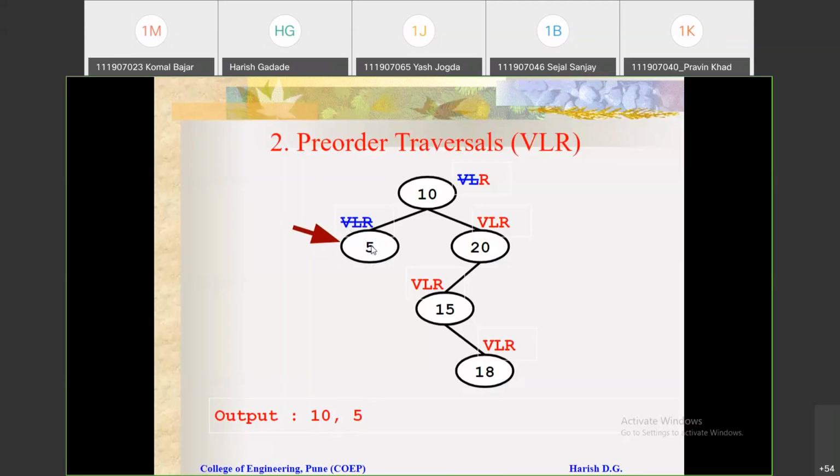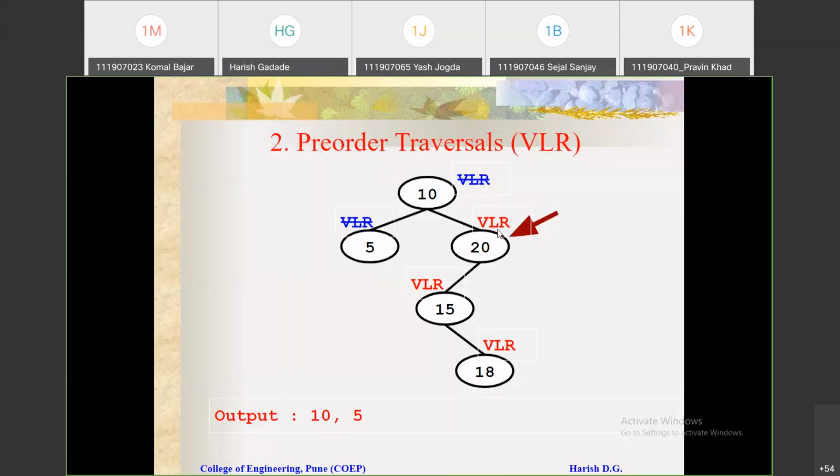Now, after completing these 3 steps, the pointer will go back to the previous node. The previous node is 10 here. You can see the pointer is at this 10. Now at 10, we have completed these two steps, so only one step is pending. Complete that step also. So move towards right, and the pointer will come to this 20. You can see here, completed these 3 steps and the pointer is at this 20.